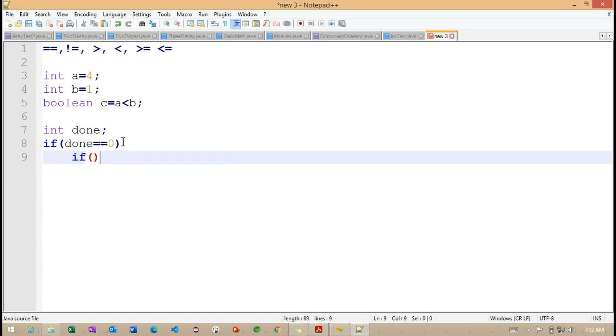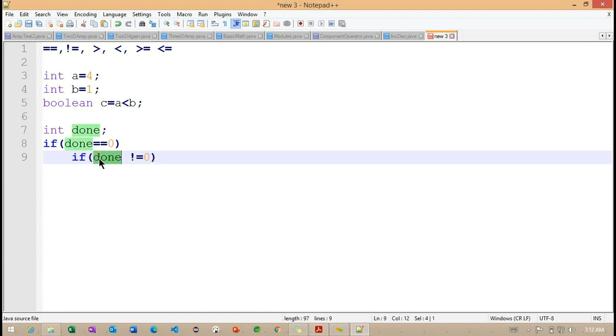Observe one more condition I want to check here. Now I have one more variable, and I'm taking the same variable here. But here I don't want to check with this particular value. For example, you can observe this done variable having 0 here, but we don't want to check for equality. So if it is not equal to 0, how can we write it? How can we define this not equals? This is the way we can define this expression: done not equals to 0.